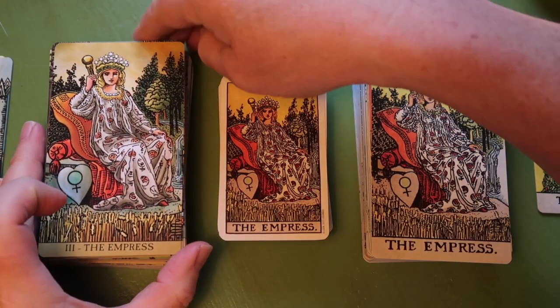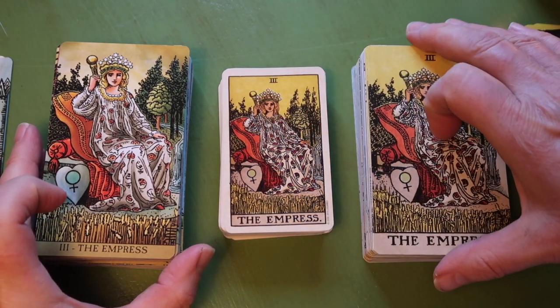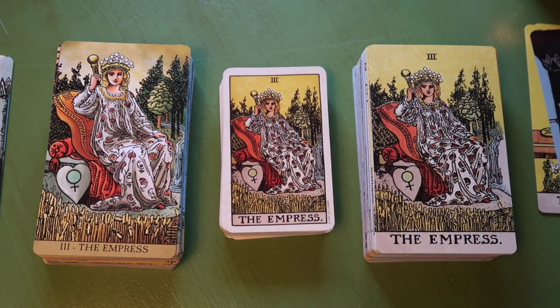Let me know what other things you pick up on too, because I've only been through these decks a couple of times, and so I'm sure there's lots of changes I have missed. One of the things about the Empress is you see in the Radiant deck there's this glow, especially on the left side of her face. And there's lots of changes of color that you see. Here this appears quite unnatural to me because this, of course, has been added on. So we have the water here, and then there's this bank on the water,